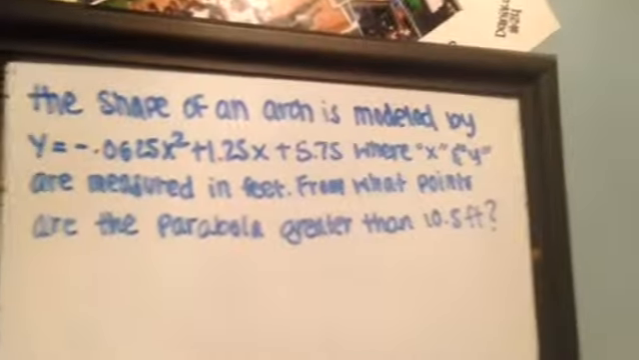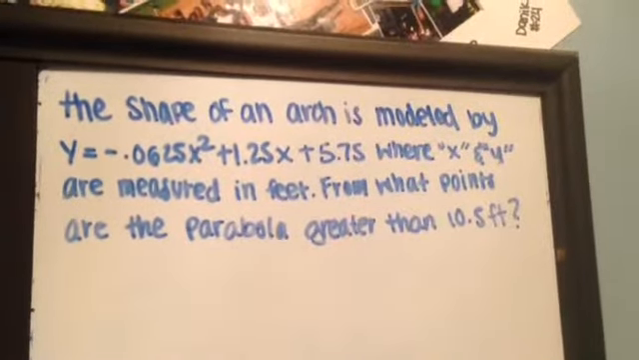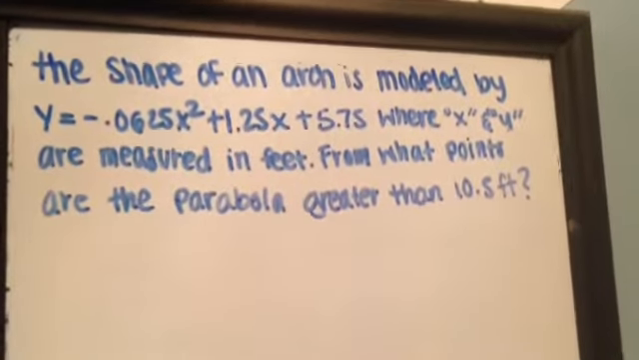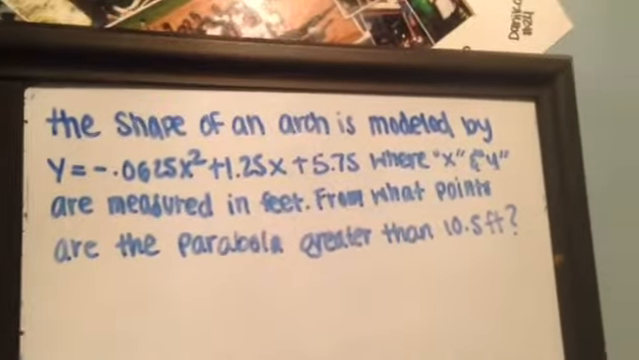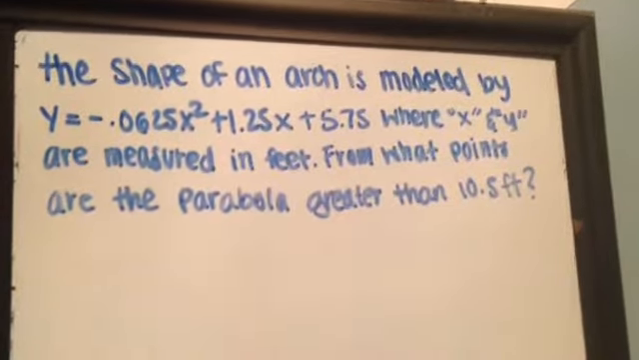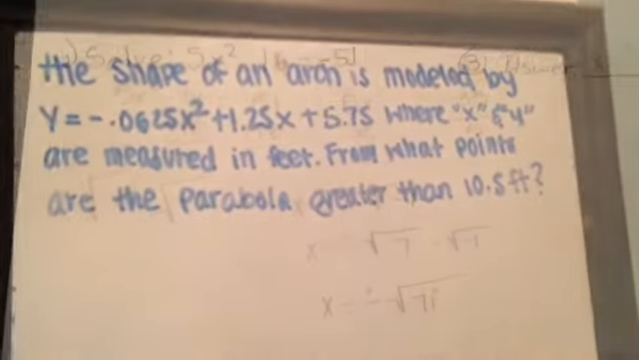The shape of an arc is modeled by y equals negative 0.0625x squared plus 1.25x plus 5.75, where x and y are measured in feet. From what points is the parabola greater than 10.5 feet? This is a different type of